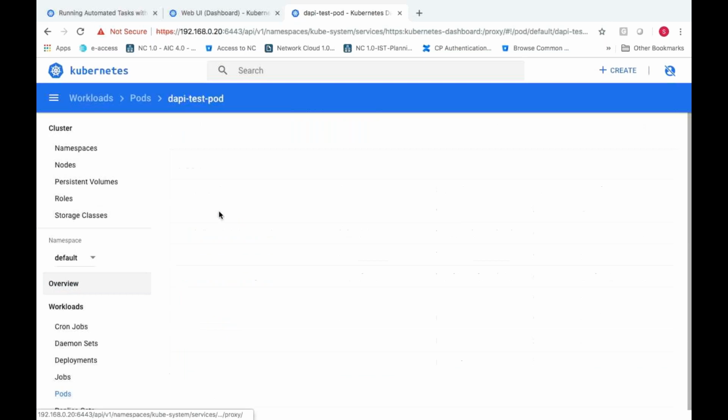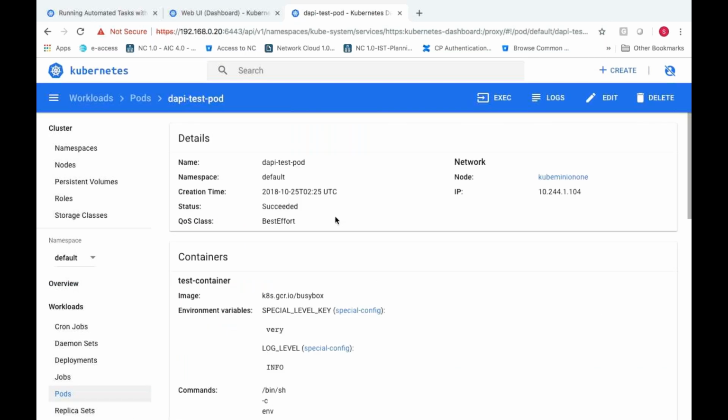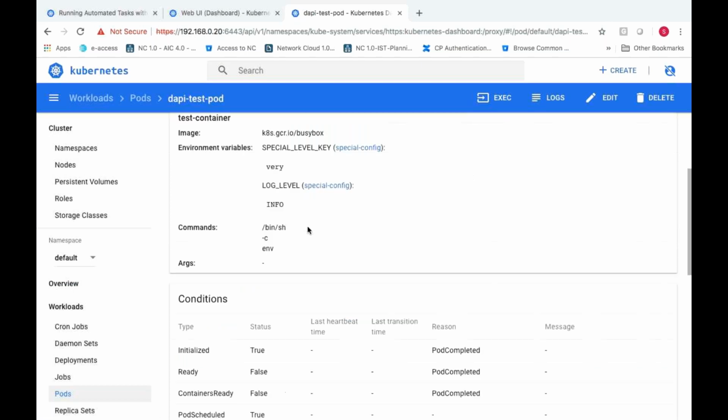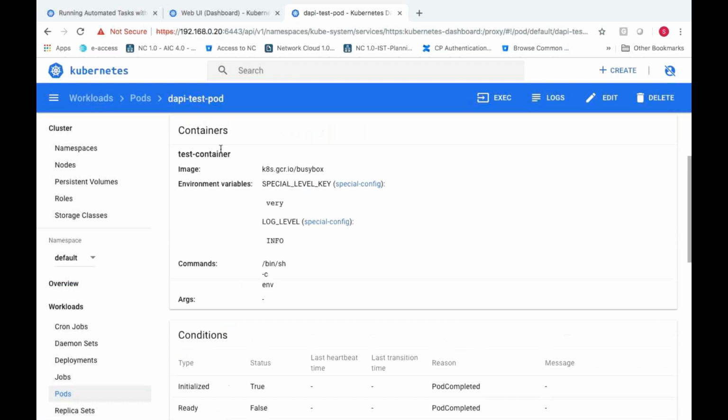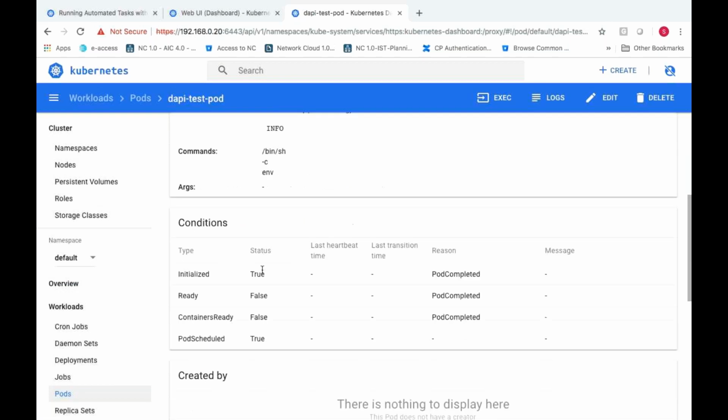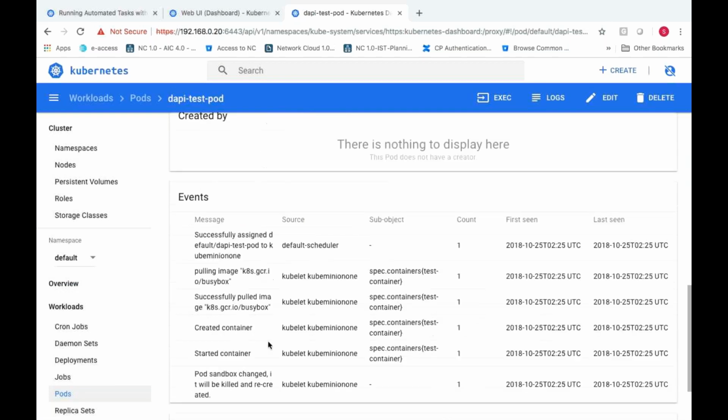So you can see the information of that particular pod, which node it was launched on, what is the IP address of that particular pod, what is the status, it is succeeded. And here are the environment variables of that particular container, and conditions, and created by, and then event logs.